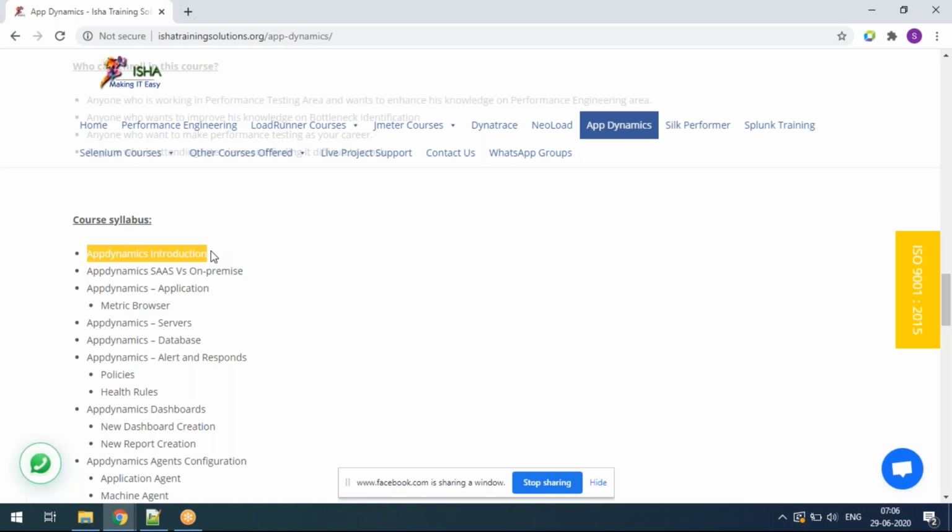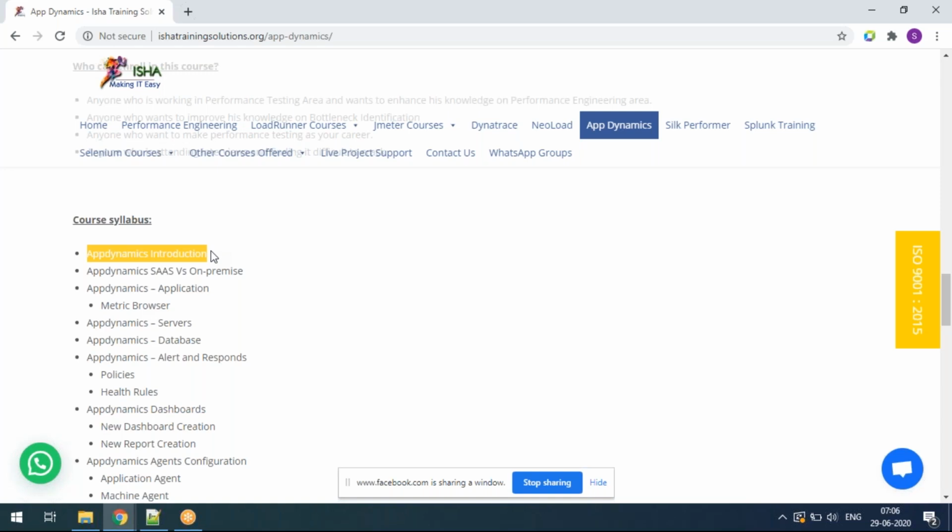Somebody can tell me, no, if I use the TruClient protocol I will get it. There are people who will say that if I use the TruClient protocol, or if I use a Selenium script, I will get the end-to-end response time. These are, I would say, one version of getting the response time, but it is not the true response time. That is how we need to understand it.